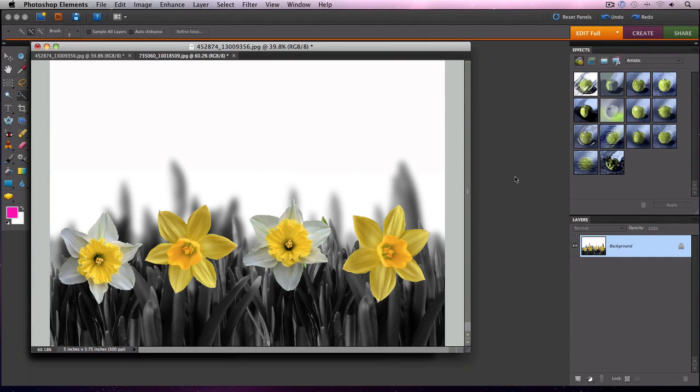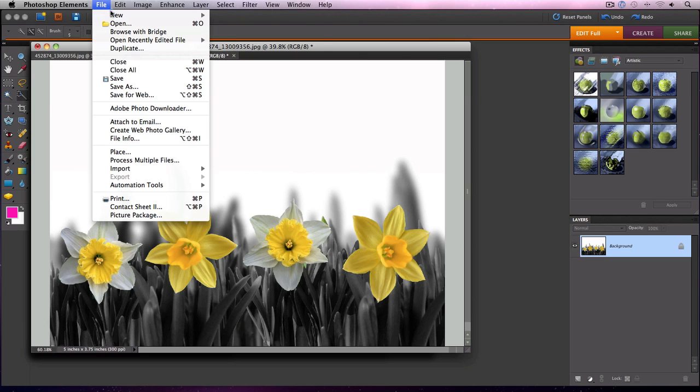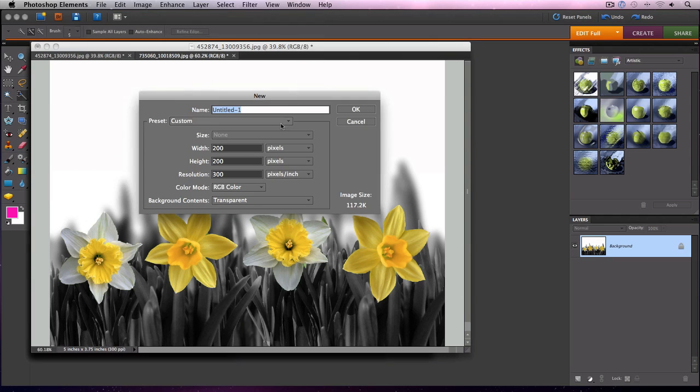In this quick Mac Screencast Library tutorial, I'm going to show you how to create really cool looking mirrored text in Photoshop Elements. So the first thing you want to do is create a new blank file. So I'm going to click on File, New, and Blank File, and I'm just going to create an image. The size doesn't really matter. I'm just going to go with 800 by 600